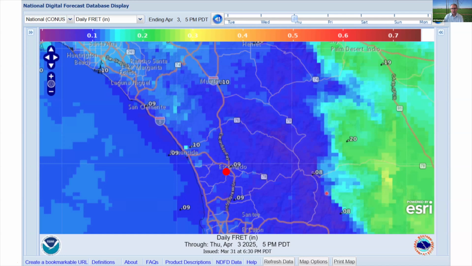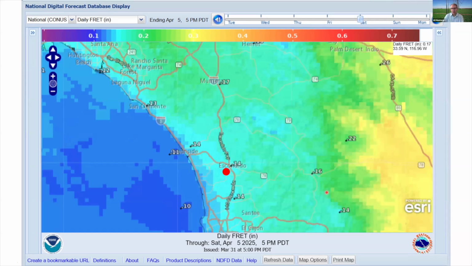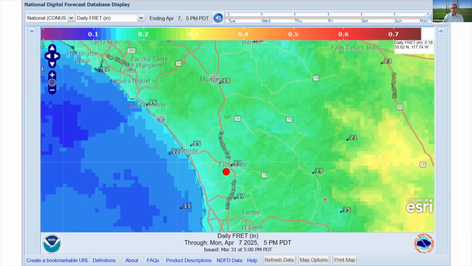April 3, less ETO. April 4, you can see the ETO is increased. And April 5, even more. And again, April 6, even more. It goes to about 0.16, 0.17 inches. And again, April 7. So this is a great tool, I believe, for avocado irrigation management, specifically if you have concerns about heat stress